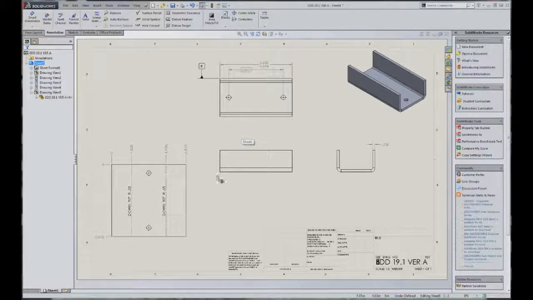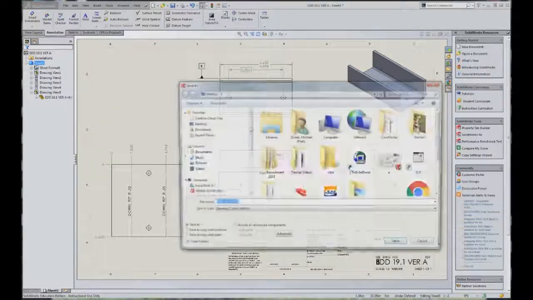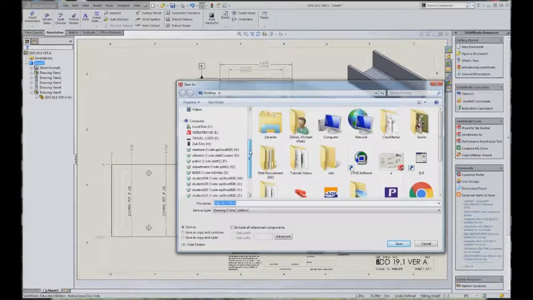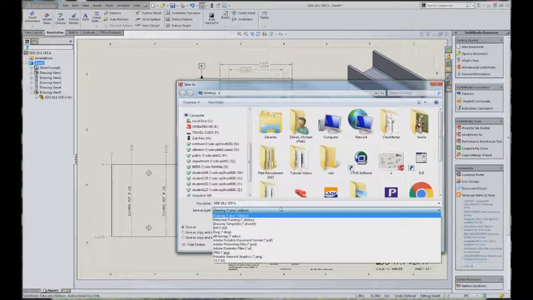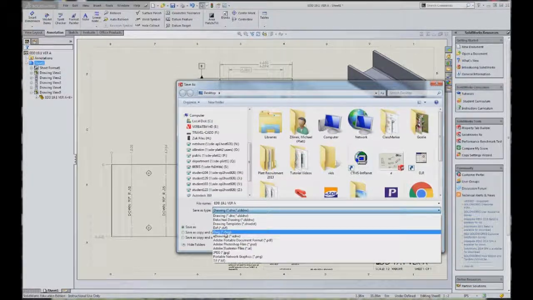So don't forget those. The flat patterns, I'm a little more loose on those because working with the guys in industry, especially here local in Milford, they generally want to see at least the overall sizes. The overall sizes also have one other important thing. I could take this drawing, go up here and go File, Save As, okay? And I can save that as a DWG or a DXF, which is very popular still. And when I do that,